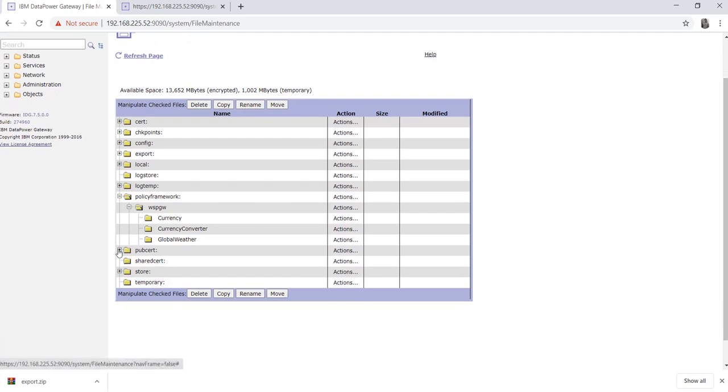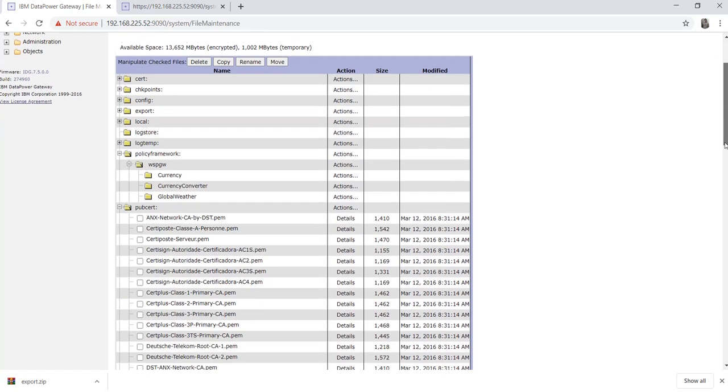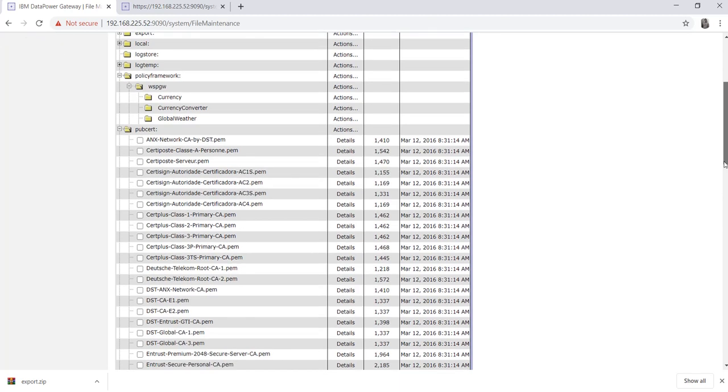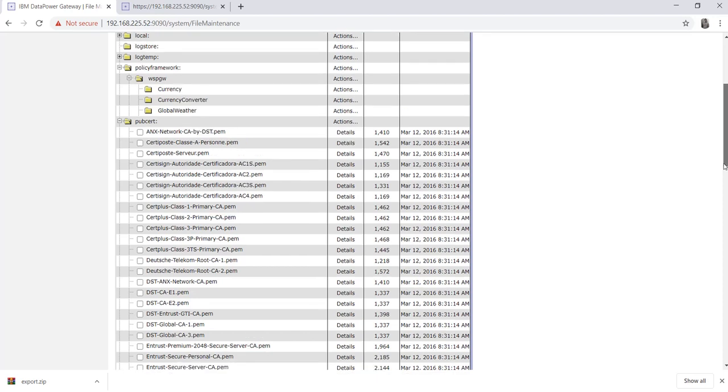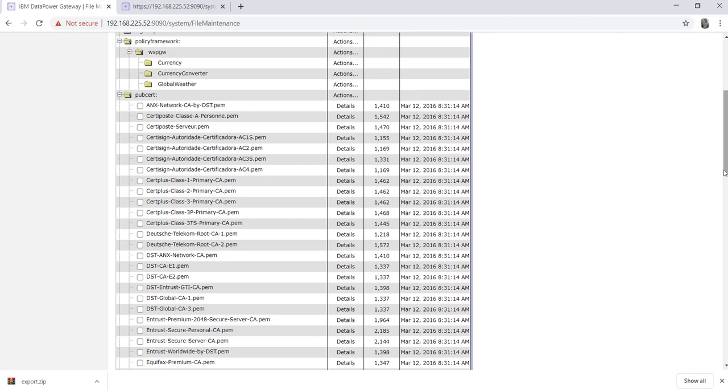So next is our PubCert. PubCert is basically related to your public certificate authorities. There are so many public authorities which will verify or sign your certificate. If you are creating a certificate like a CSR, to authenticate, there are some systems or bodies, we can say, who will verify that your certificate is valid. So for that there are so many authorities like VeriSign. I'll show you.